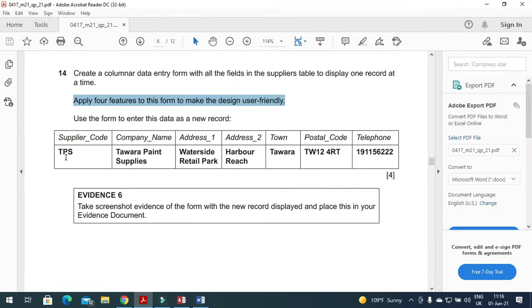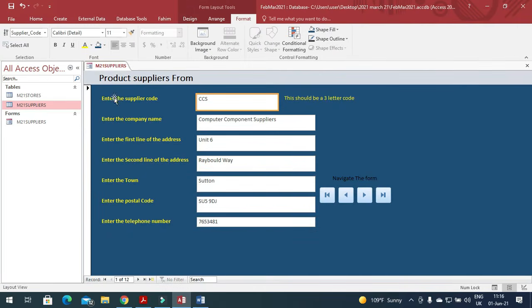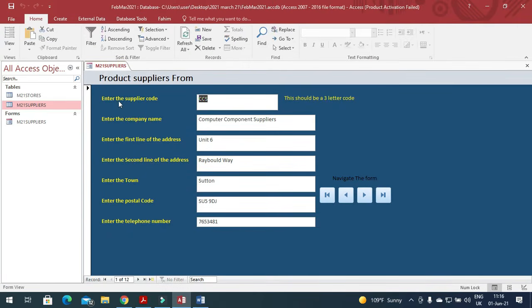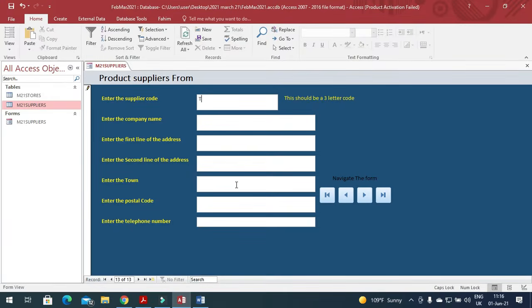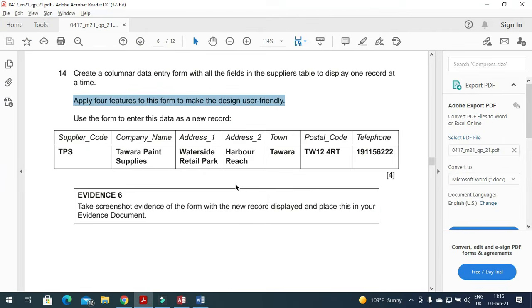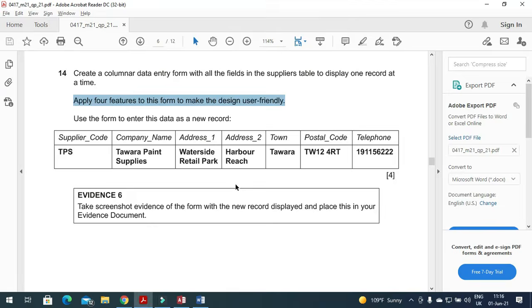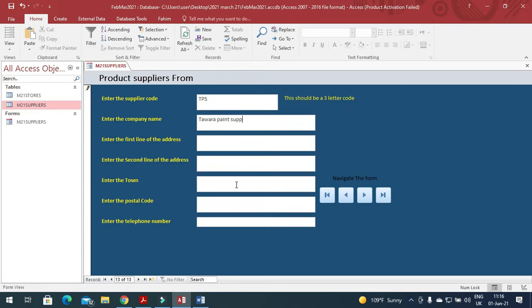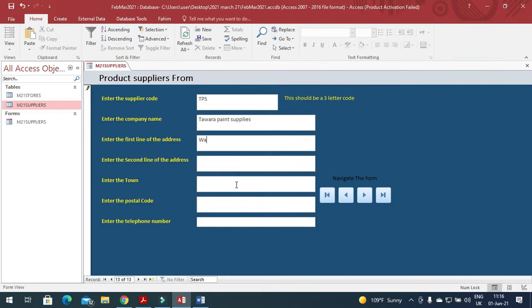As they said, you need to enter this data. So right click and layout view or form view, and now you have to click on new to enter the new data. So TPS, Tawara Paint Supplies, Tawara Paint Supplies, then Waterside